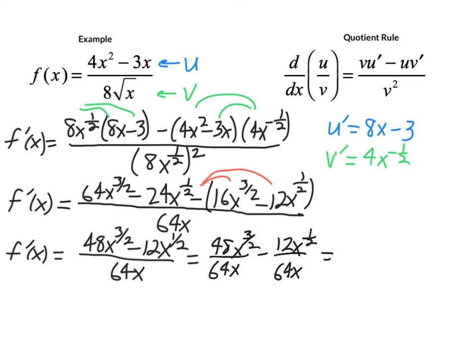So in the first term, we have a common factor of 16 there, so it's 3/4 x to the 1/2, we'll call that. And then for our second term, we have a common factor of 4, so it's going to be minus 3/16 x to the negative 1/2. And it's okay to have negative exponents in your answer. Depends what we're doing with our derivative, but we're going to go with that. So that's finding the derivative of the rational function using the quotient rule, and it works fine, but it's probably